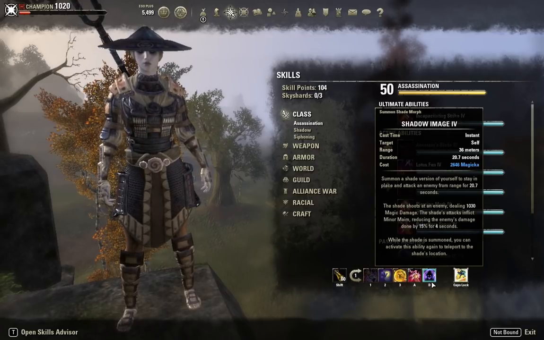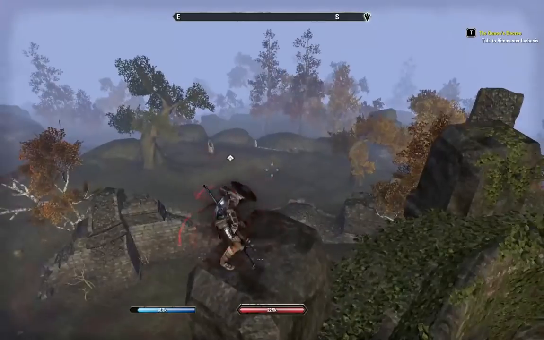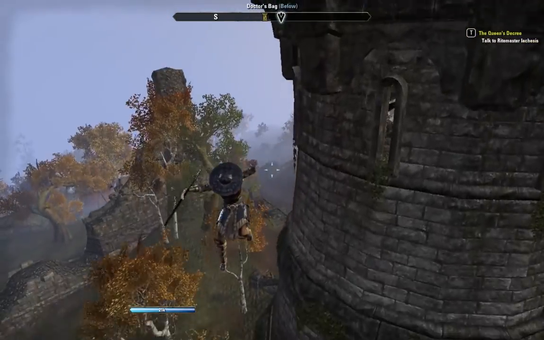The next ability we have is Shadow Image, and Shadow Image is one of my favorite abilities because it's so trolly. I mean, you guys all love Shadow Image. You throw the shade down, you no longer need a target for it. You can just jump away and teleport,